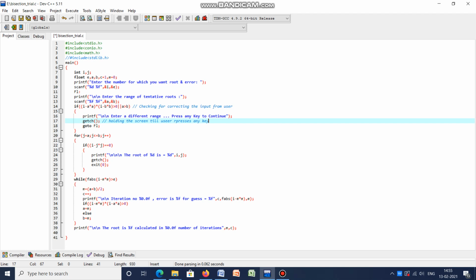Then goto is another loop statement, though not frequently used, but goto can be used here. So F1 here, you see, it's like a flag. Okay, it's like a flag, मतलब वहां पे जाओ, और वो काम फिर से करो, यूजर को फिर से पूछो कि what is the range of the root, unless these conditions are satisfied. Okay, so if they are satisfied, I can say that okay. If they are not satisfied, then I can come here for the next step.